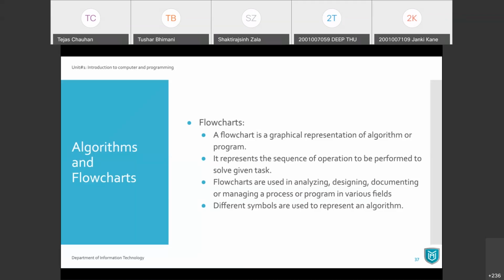So any task, if you want to perform, then you are going for step-by-step instructions, and those step-by-step instructions, if you represent them in a graphical manner, then it is a flowchart. Okay, so it represents a sequence of operations, a sequence of steps that need to be performed for a given task.